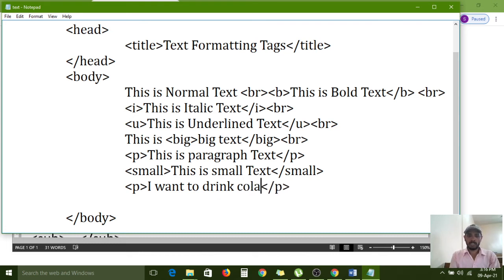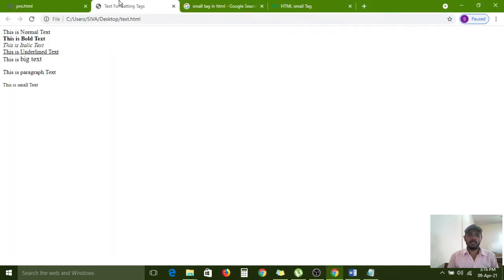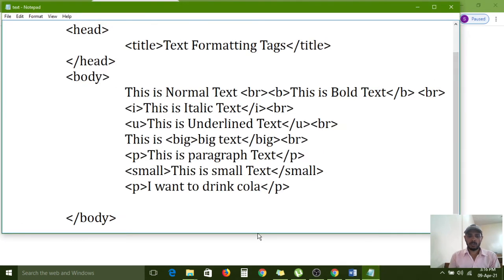I want to drink cola. Carefully observe. I am refreshing this one. I want to drink cola. Again, so cola, now it is not in the trend. So that's why it is deleted.